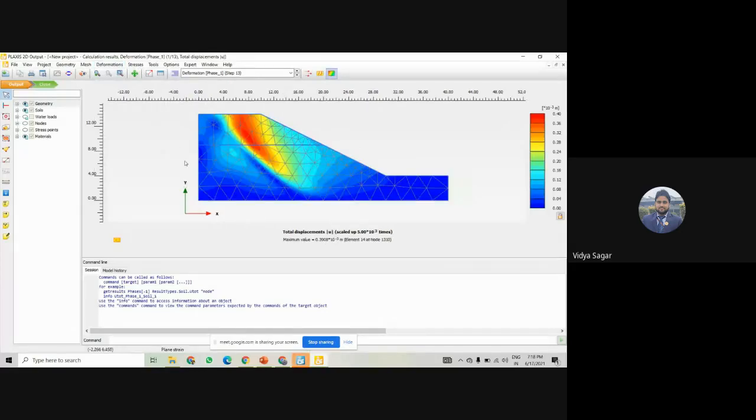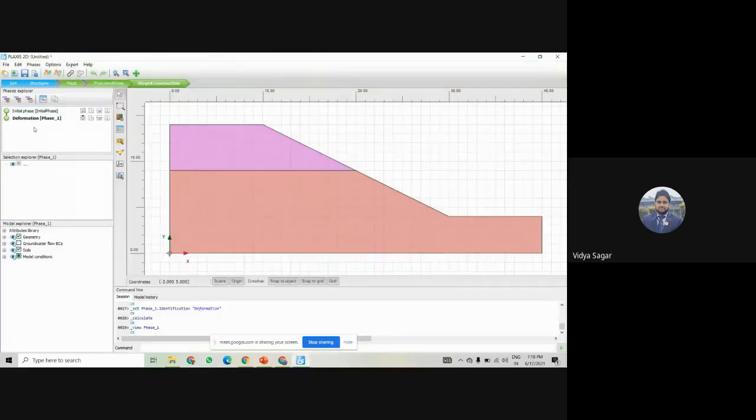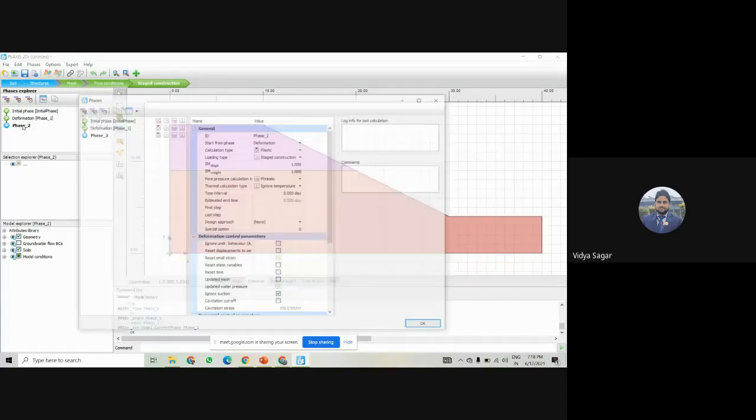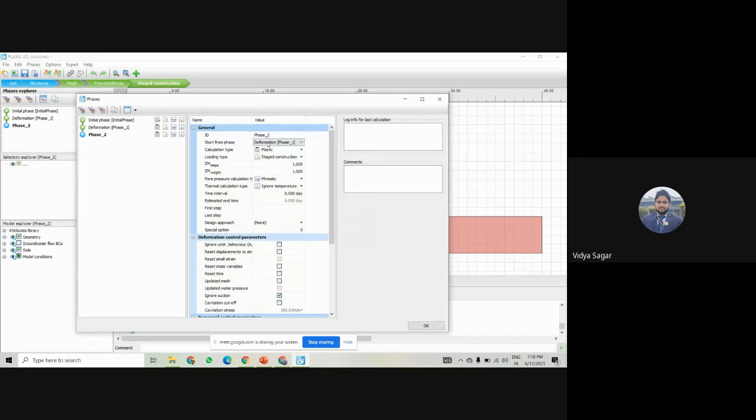Now, second thing, we have to calculate the factor of safety in this case. So how do we calculate the factor of safety? For the factor of safety, we have to create another phase, a phase with the safety analysis. But in this case, you can create this phase in two ways. One is, if you create this phase starting from the initial phase, like now you can see here, if I change here, it also changes.